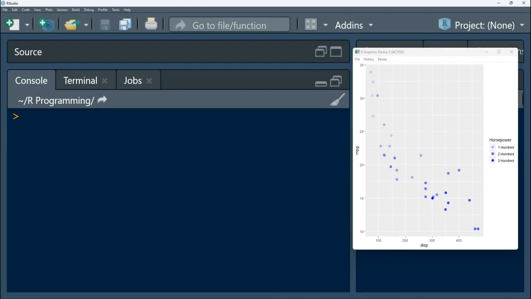Now, our main aim is to use the guide argument and supply its values using the guide legend function. Now, let us look at this usual. We use this data set for demonstration purposes. Okay, so let's come in here